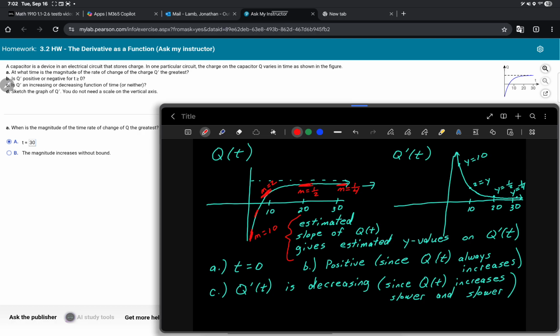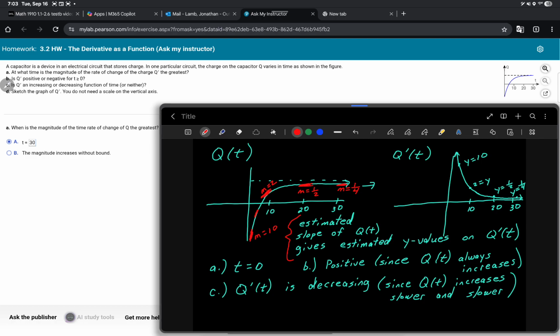On over closer to about 20, I said the slope was slowing down to a rate of about 1 y unit per 2 x units at that point, a slope of 1/2. So I put the y value of 1/2 on the derivative function above 20. And then at 30, when I had the slope is 1/4 here, I have a y value of 1/4 on this. What we can see is that clearly the derivative is going to be a function that has a horizontal